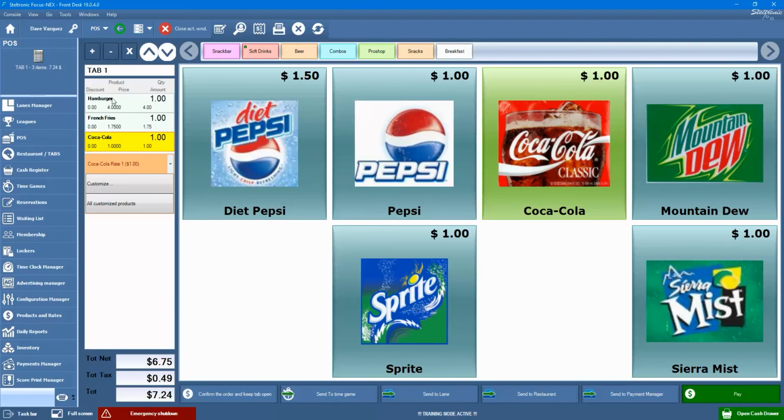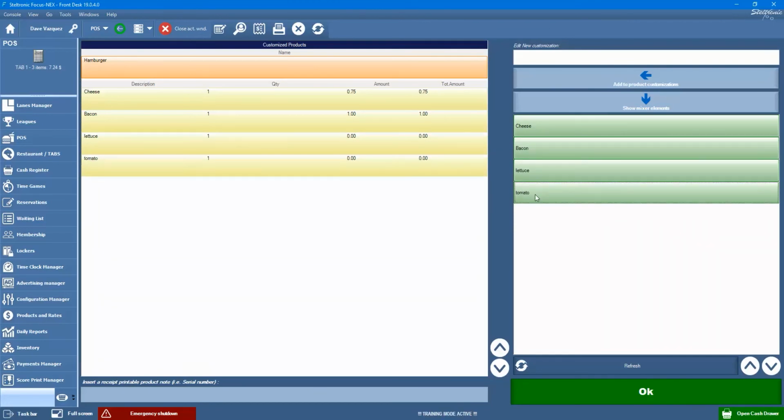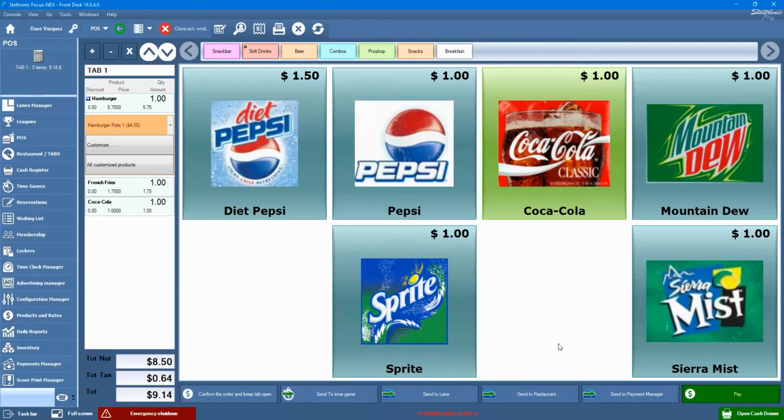If we click on an item such as a hamburger, we can customize this item. It allows us to add modifications or customize how this hamburger is going to be created. And if there's additional cost, you can add that additional cost into these modifiers, into these customizations. Okay. If we click OK, it'll come back and it'll update the price. Now we have an updated price,